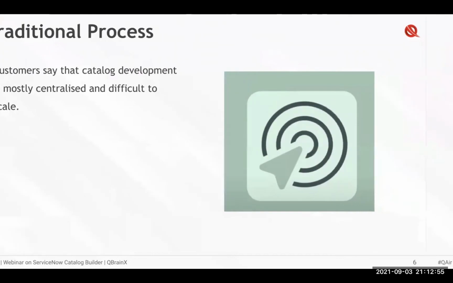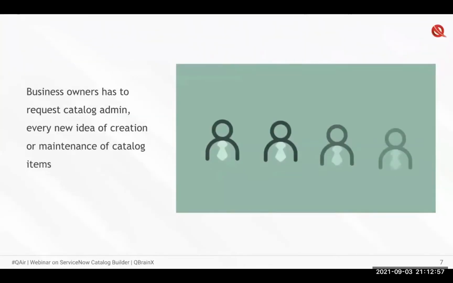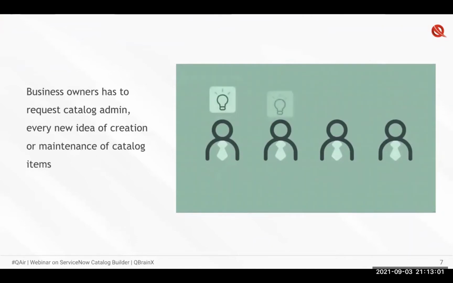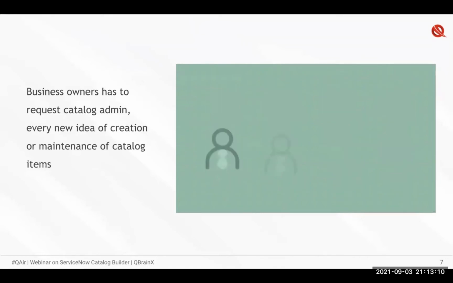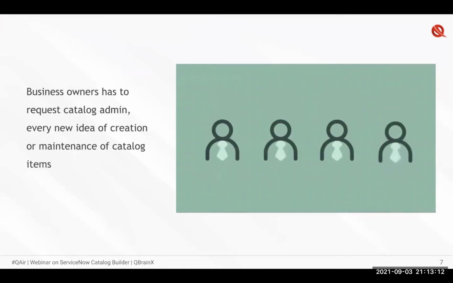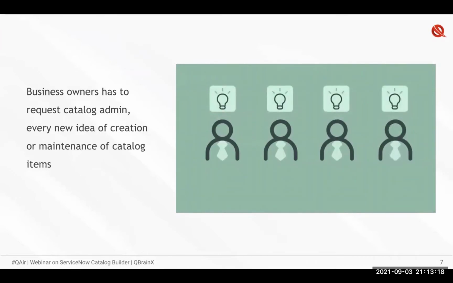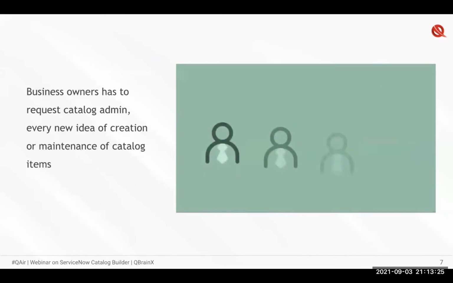In the traditional process, if business owners across the enterprise needed a new catalog item, they had to request the catalog admin for its creation. Maintaining the existing catalog items was also very difficult for them because they did not have any access to it, and they always had to reach out to the catalog admin to achieve any small